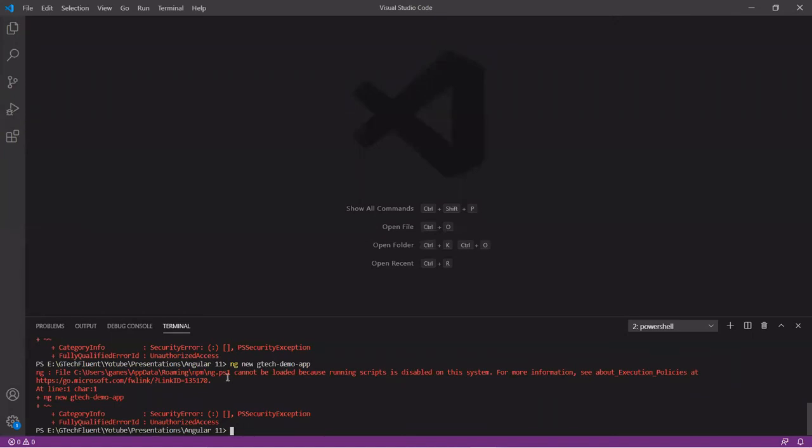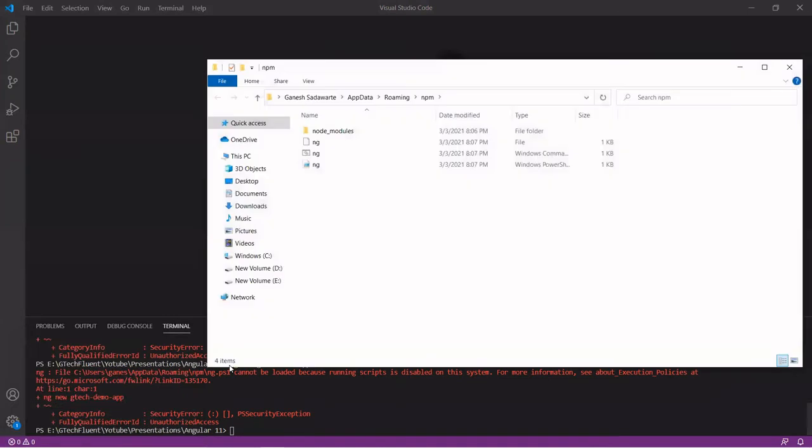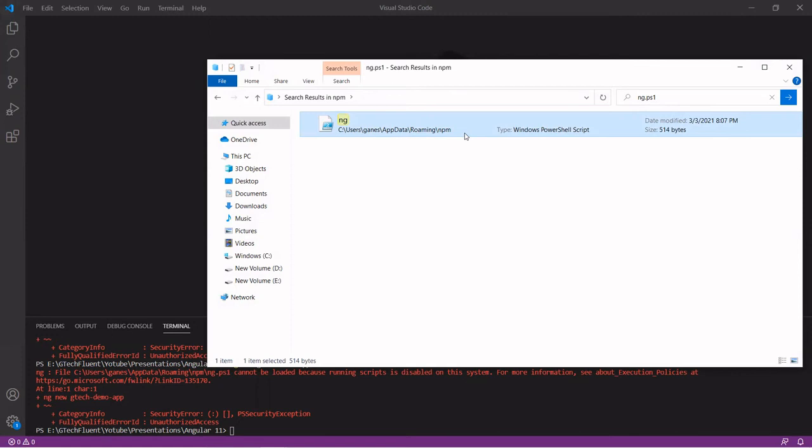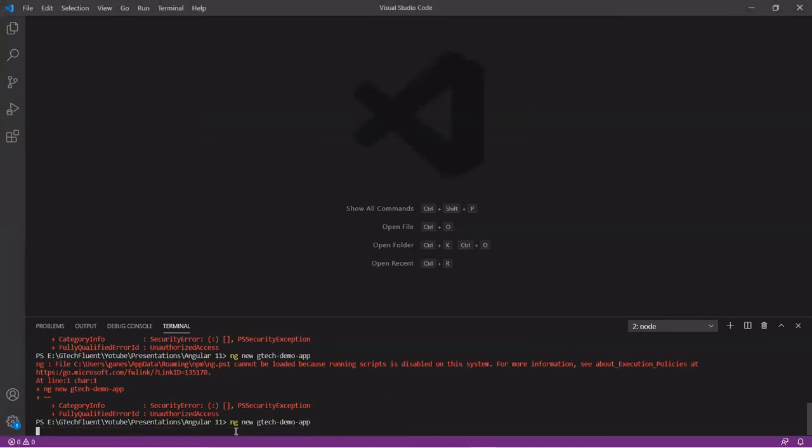If you face this kind of error, let's go to the path of your installed version of Node and search for ng.ps1. You can either delete it or cut it from here. I will cut it for now and try to run ng new GTech demo app again.